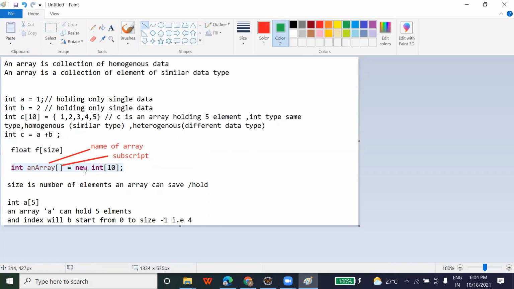Now, what do you mean by this new keyword? See the line carefully, okay? Don't get confused.